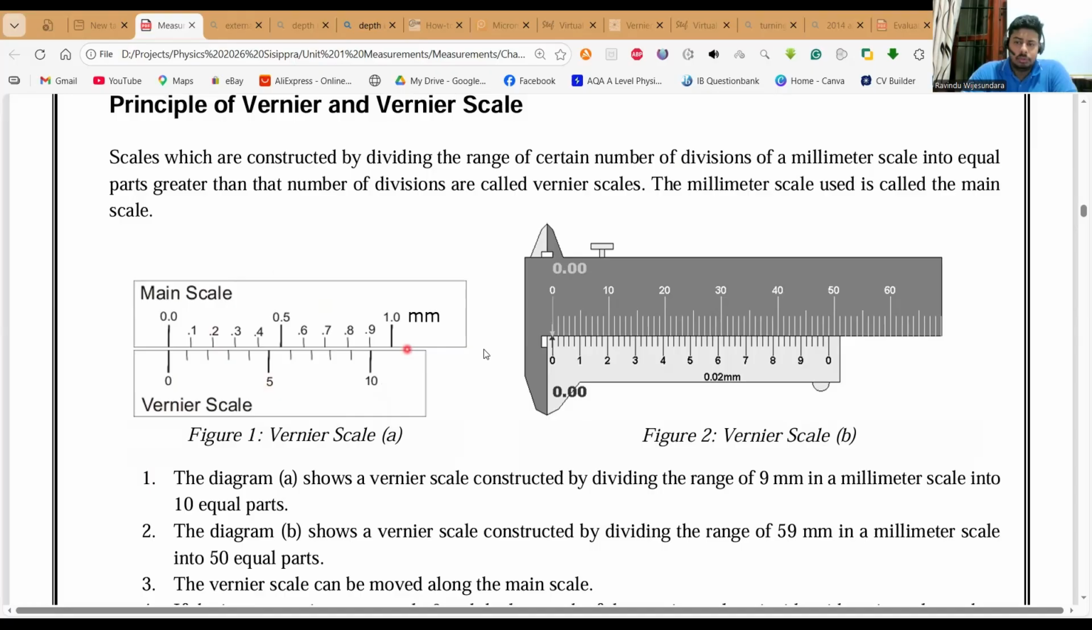So basically, if you summarize it, diagram A shows a vernier scale constructed by dividing a range of 9 millimeters in a millimeter scale into 10 equal parts. Right. Now, if you go to the second figure,